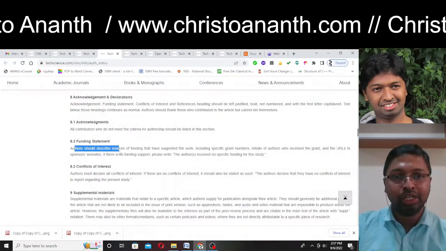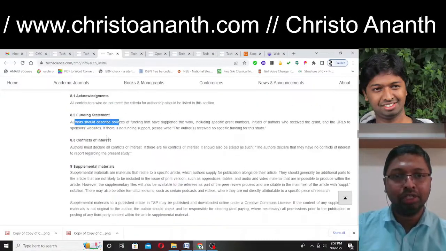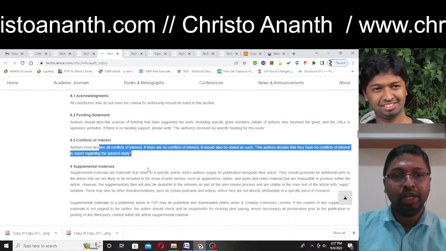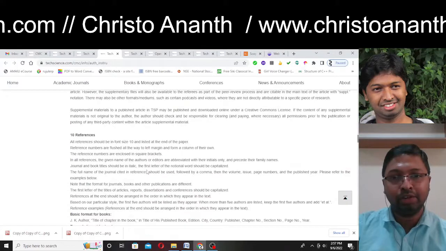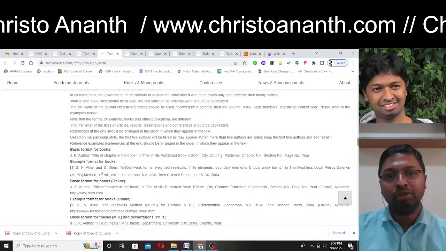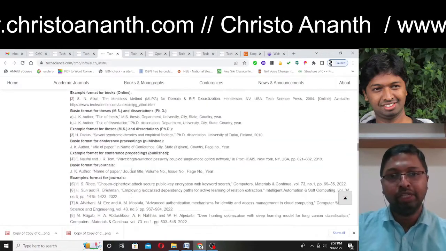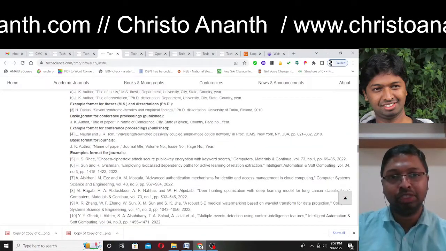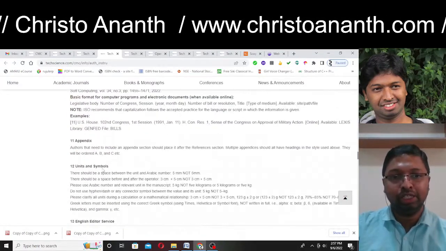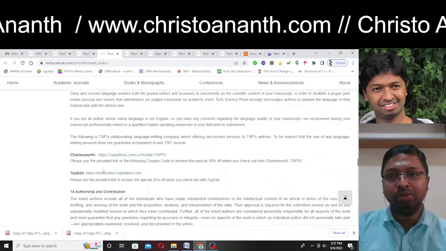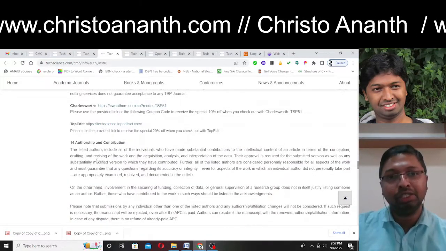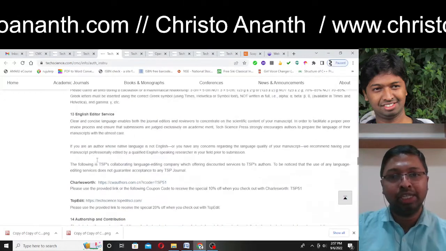So the funding statement is also given, and of course the conflicts of interest. Okay, and they have given the references format as well, how you should include the articles, books, book chapters, everything has been displayed. Even for the dissertations as well, they have given. So you can go through each of them, and they even have the plagiarism services and English editing services